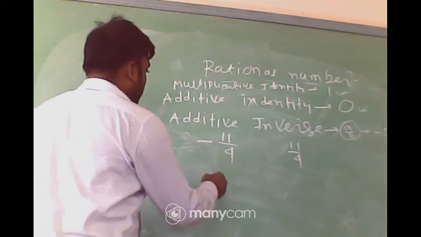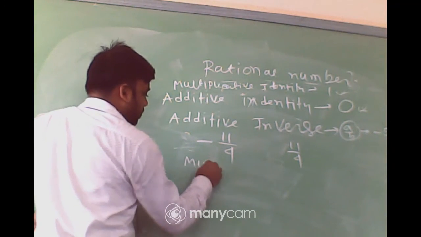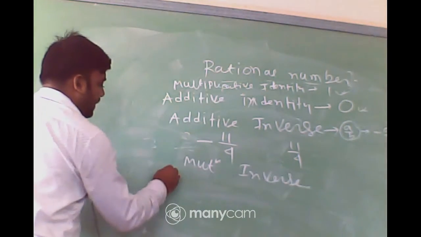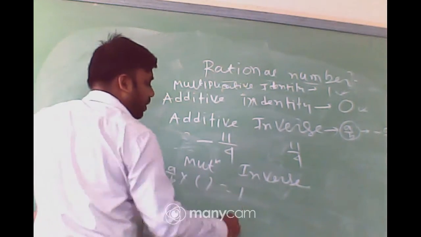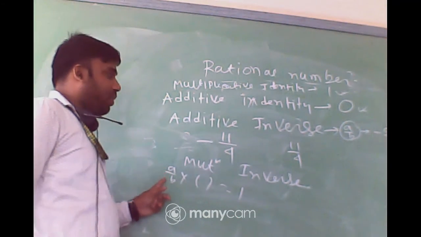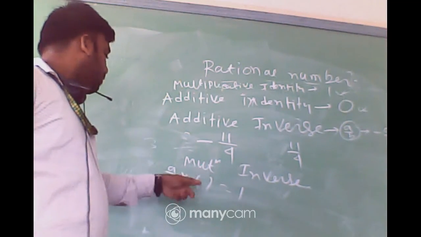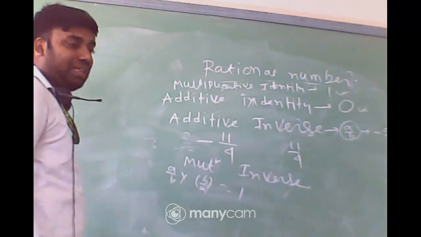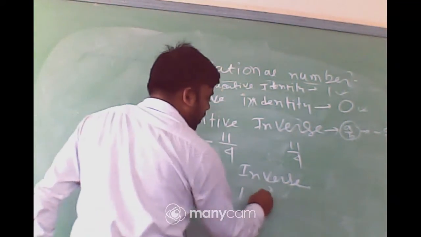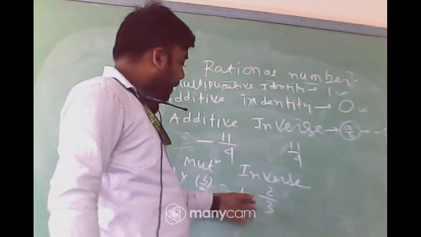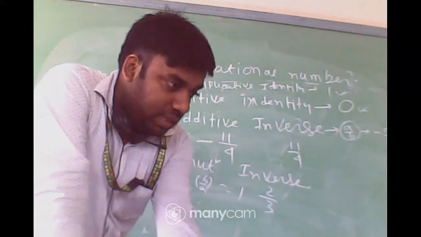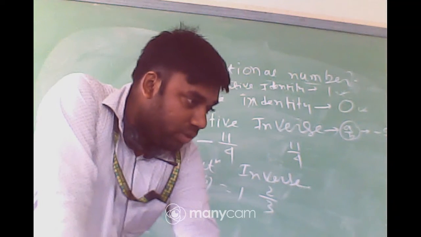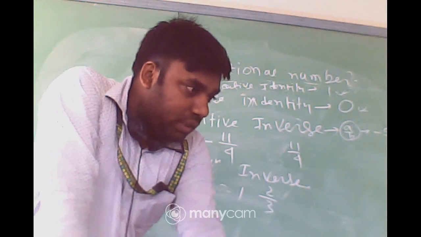Okay, next, multiplicative inverse. Multiplicative inverse means for a rational number a by b, multiply by a number such that you get 1. So obviously it will be b by a. So answer it: multiplicative inverse of 2 by 3. Quickly answer. Tirthankar, very fast, very good. 3 by 2, very good. Tomojit, 3 by 2, well done. Sakshi, 3 by 2, very good.